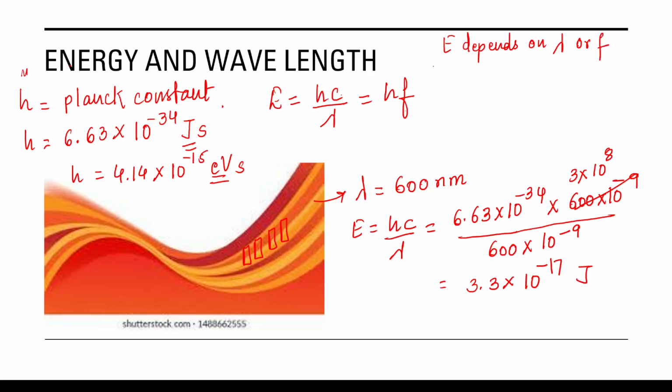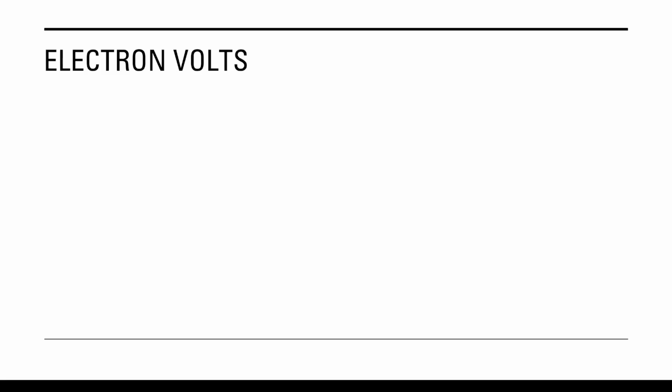Okay, the energy of each photon depends on wavelength or frequency, whereas the intensity, the number of photons emitted by the orange color, depends on intensity. So if you have a 100-watt orange bulb, it will emit more photons than a 50-watt orange bulb. Okay, so far the only thing you have to remember is that a photon's energy depends on the wavelength or frequency,